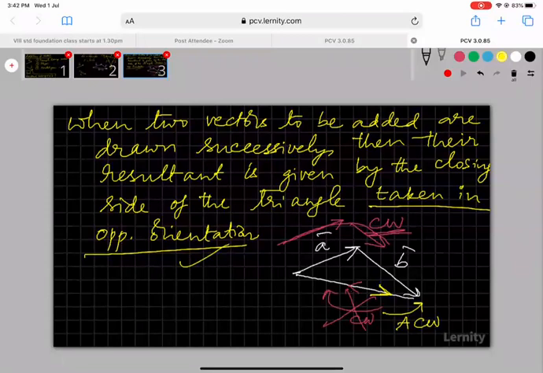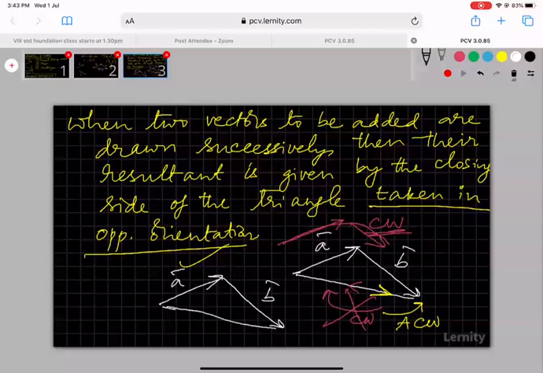That is what we mean by opposite orientation. Understood? So it's a simple thing. Don't worry about this. The words may not be exactly understandable, but they need to mean something. So that's why the words are a little harsh, but this is what it is. A bar and B bar are to be added, so you draw them successively. First draw A bar, then draw B bar, and then the closing side of the triangle. So in simpler words, I could say the vector that joins the initial point of the first vector to the final point of the last vector. It will also have direction now. That would be A bar plus B bar.